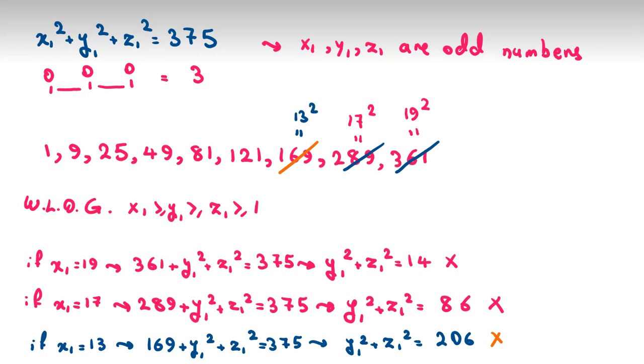Let me write another problem for you. You can solve it as homework. x squared plus y squared plus z squared equal to 10,000. Try to find all answers, where x, y, z are integers, and comment your answers below this